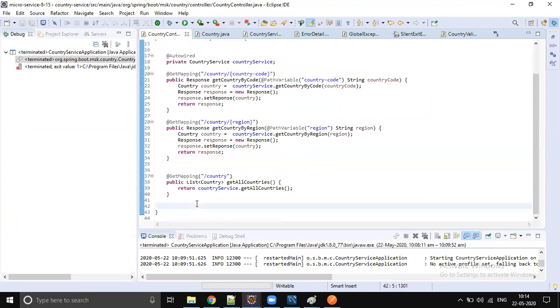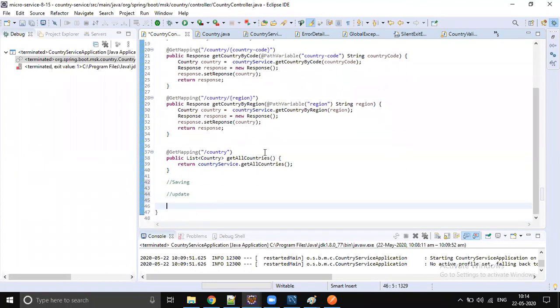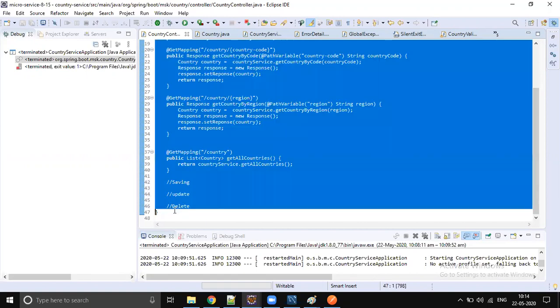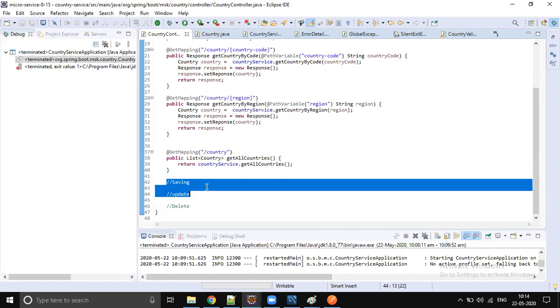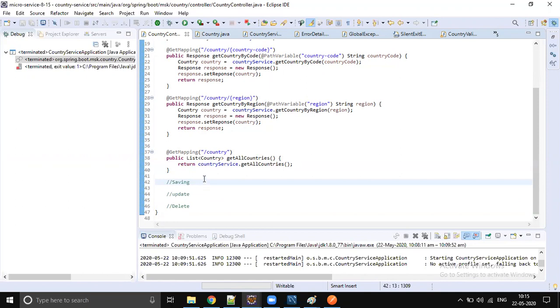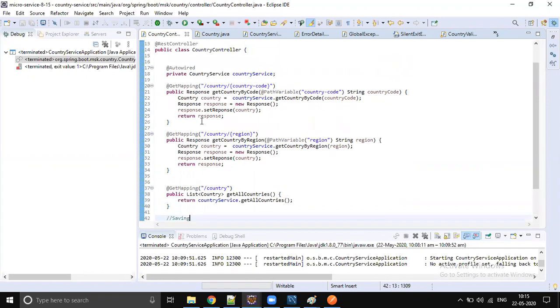You need to take care of saving with proper validation, updating with proper validation. If validation fails, you need to throw country validation exception, right? Update country validation exception, saving. Yeah, any raw junk data passing in the request, you must throw country validation exception. Anyway, delete, don't do it, right? Or else you add one more column, is active, true or false. On delete, you just make it is active false in the database. That's it. That is what we need to do. Okay, three more APIs. So you need to take care of validations, exception handling, saving to the DB, updating the DB, deleting in the DB. Okay, so that is how it should be.